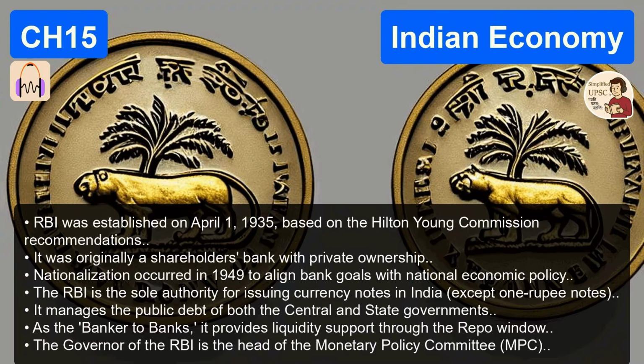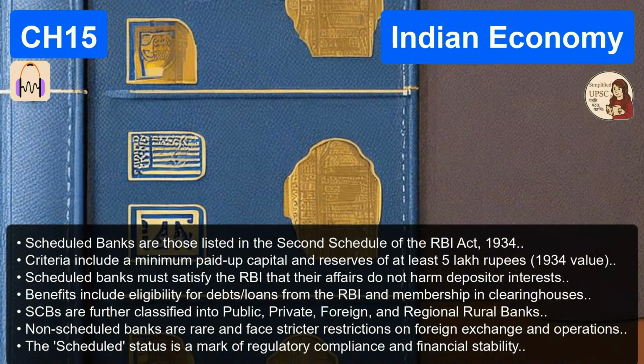Now, when we look at the hierarchy of banks below the RBI, we often hear this term scheduled banks. It sounds very official, like they have a strict calendar or something. What does that actually mean? It is official, but it has nothing to do with a calendar. A scheduled bank is simply a bank that is listed in the second schedule of the RBI Act, 1934. The second schedule. Think of it as the VIP list of banking. Okay, so there is literally a list in the Act. How do you get on this VIP list?